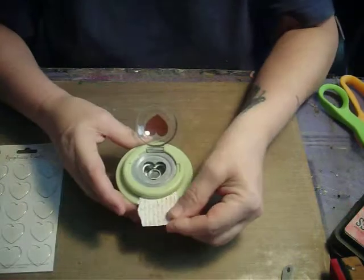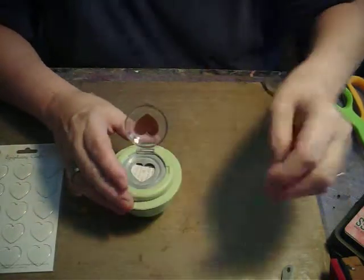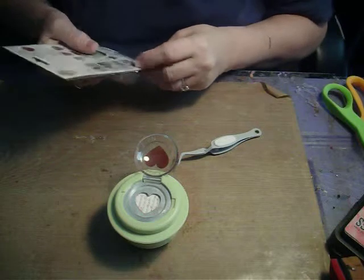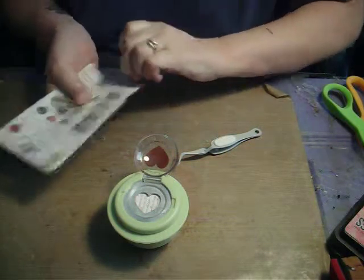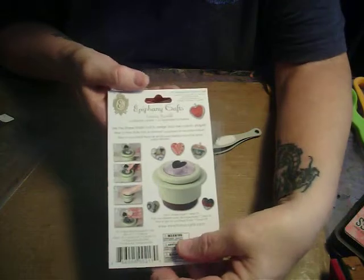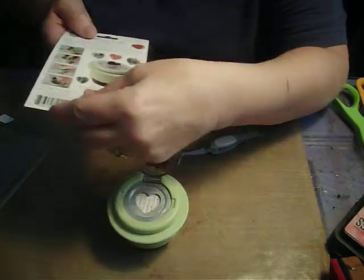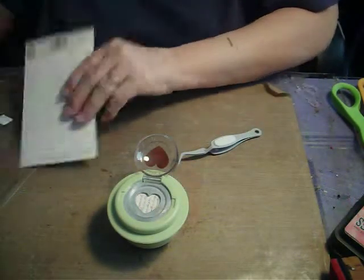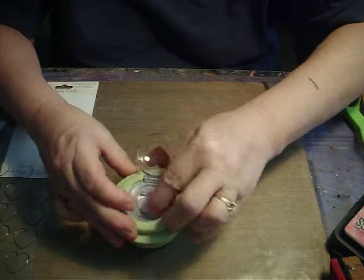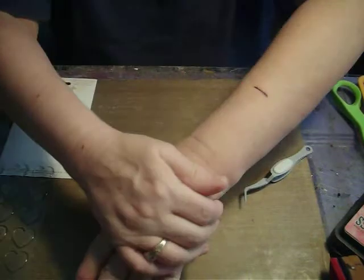So I'm going to slide my paper in here underneath. I might have to use my tweezers to do that. Okay, there's that. And then I'm going to take my bubble caps, and on the back of here it shows you how to do this. You're going to put your paper in, and you're going to put your bubble cap on. I'm going to put this right here, stick that right in. Okay, close it up, punch it down,